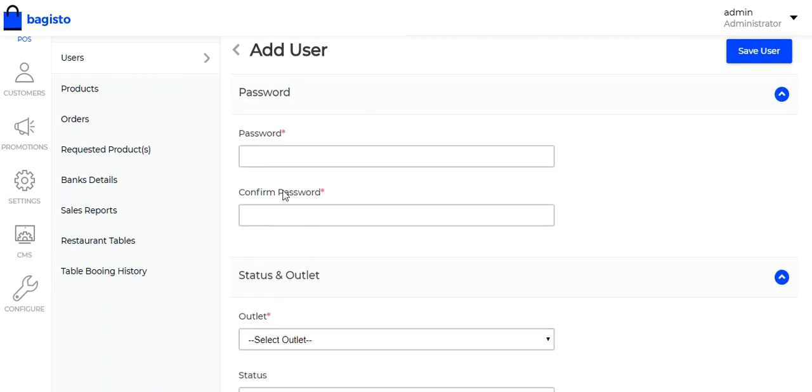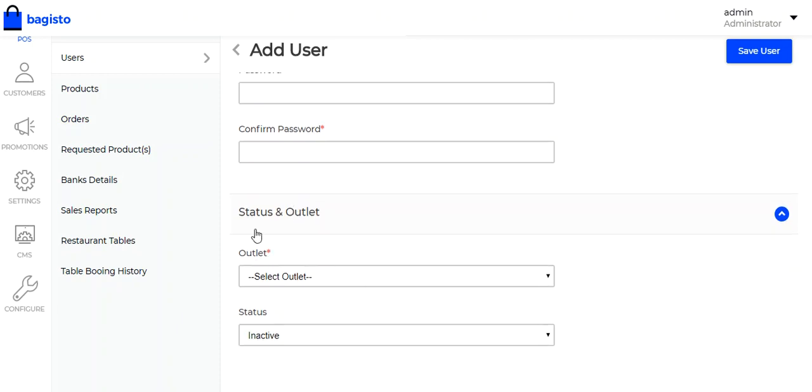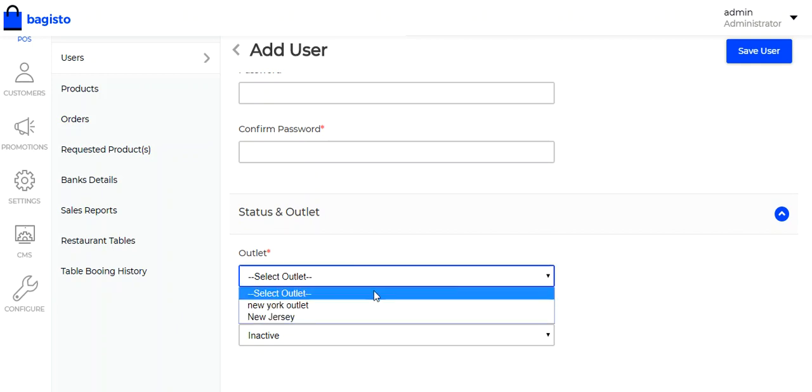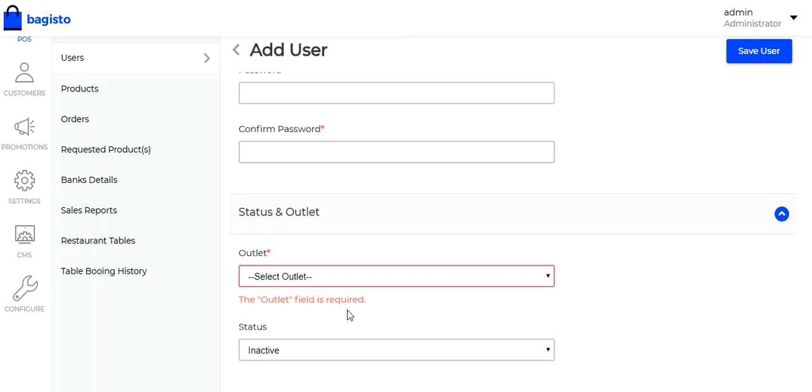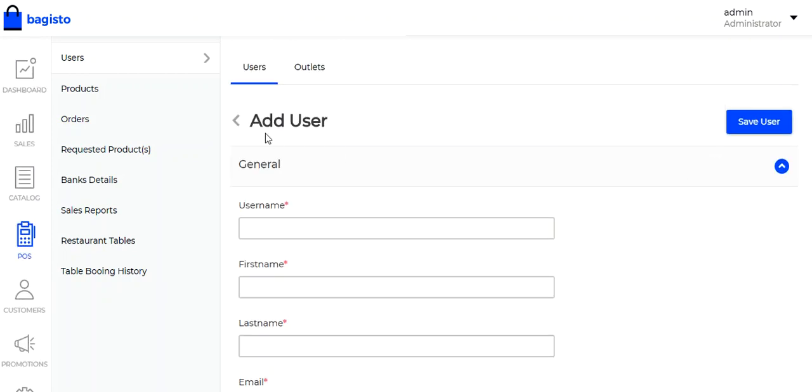Here this is the password for the POS user, from which the POS user can log in to the POS. Here status and outlet. The admin can select the outlet for the POS user, and from status the admin can activate or deactivate the user for the POS.